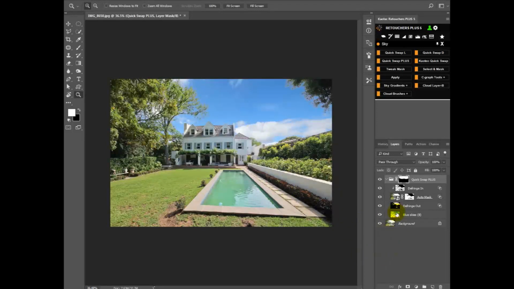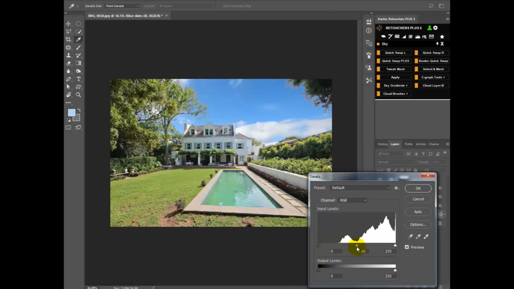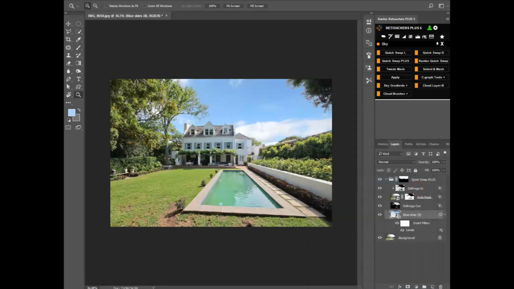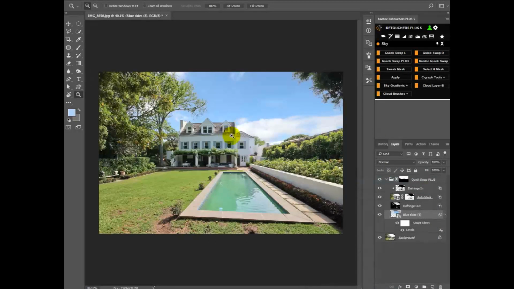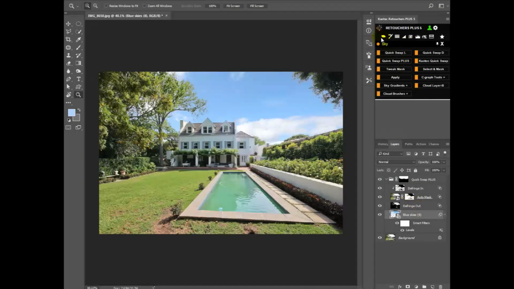So we'll just click onto the sky layer and bring up our levels, and then just play with the levels a bit, lighten it up, brighten it up until it looks natural, and then done. If you want to save this as a JPEG, you can flatten the image using snap flatten,